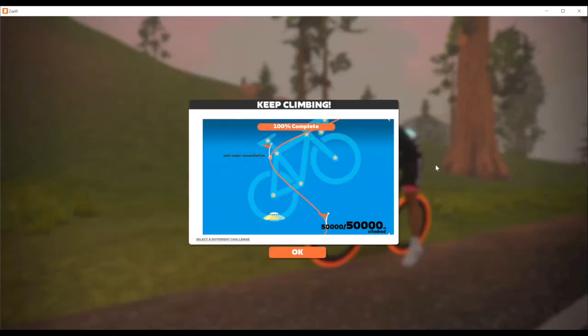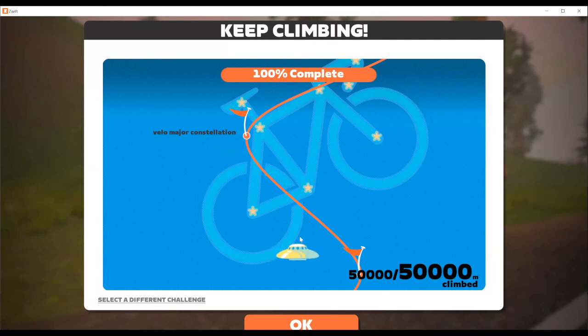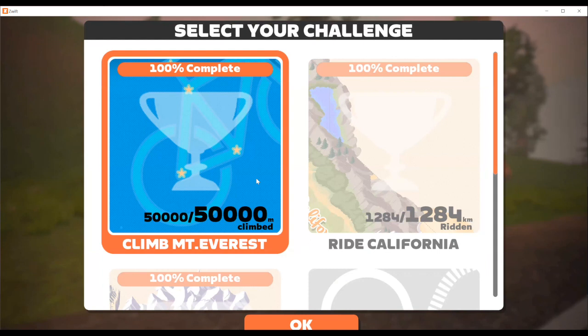One of the things that you click on when you're in the screen is what are called challenges. Within the challenges, you'll see several of them listed. The first challenge you want to absolutely sign up for is to climb Mount Everest. To complete this challenge, you have to climb 50,000 meters. To get a sense of what that means, it would be like climbing Mount Everest 5.5 times.